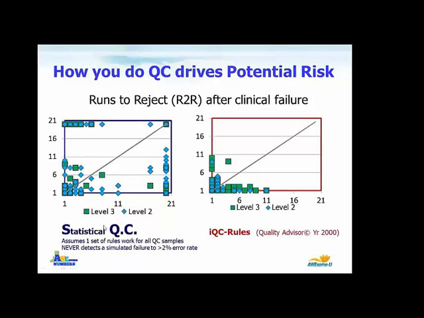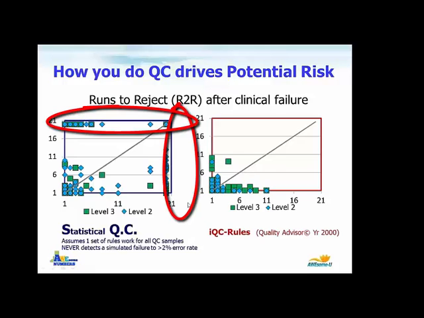This is with statistical QC on the left. So this is what the labs are doing on the left versus the old software that was around in the year 2000, and you can't even buy it anymore. No runs to reject above 11 versus look what's going over here with statistical QC with the number that will never ever detect a clinically significant failure. Individualized